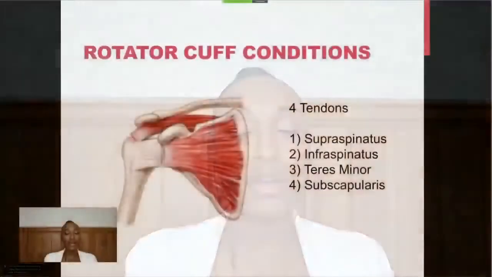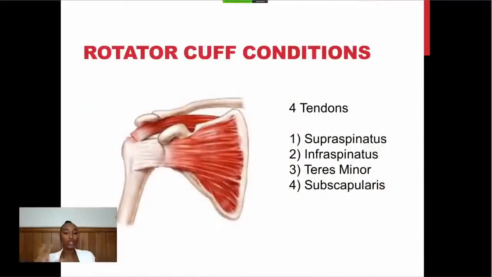Okay, great. So now we're moving on to talk about a shoulder condition or shoulder pain. There's a group of tendons in the shoulder called the rotator cuff. It's made up of 4 tendons, and rotator cuff issues are the biggest cause of shoulder pain that I see. So, problems